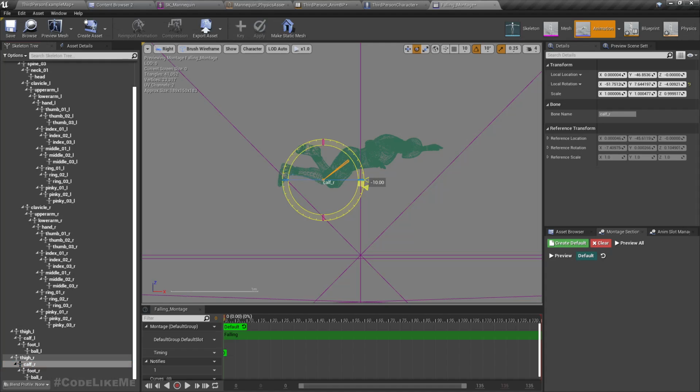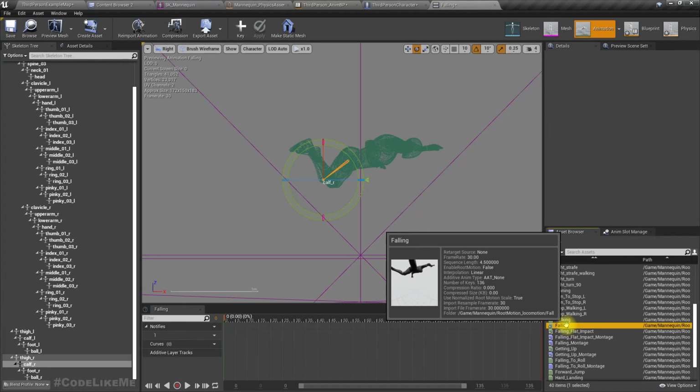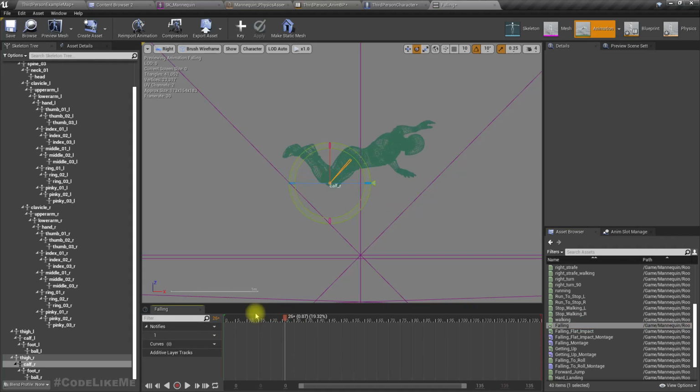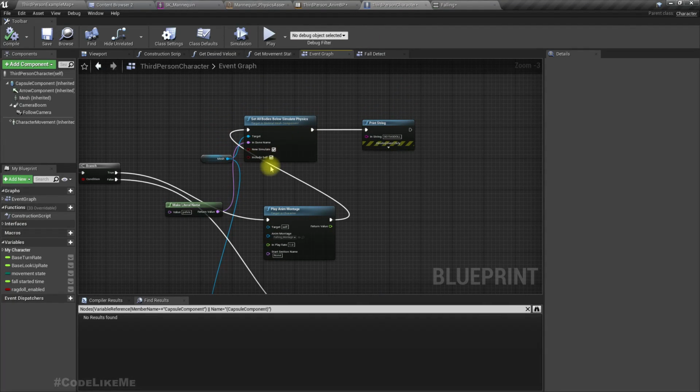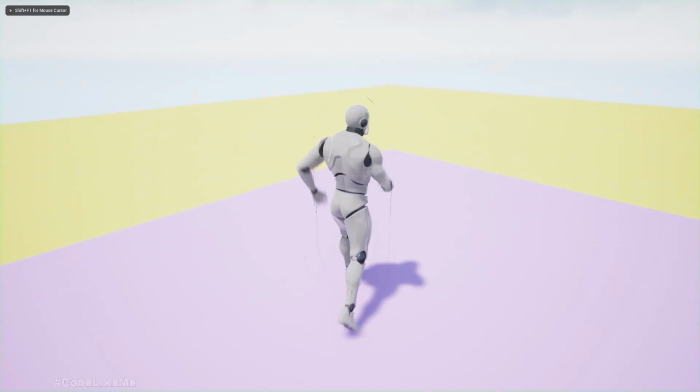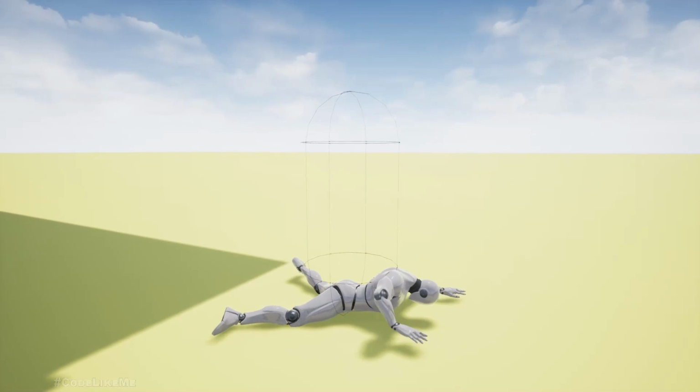Calf L and calf R. Oh, we are in the montage. Oh, we have to go to the here, right? Now add a key and apply. I will disconnect this for now. See, now it's minimized.